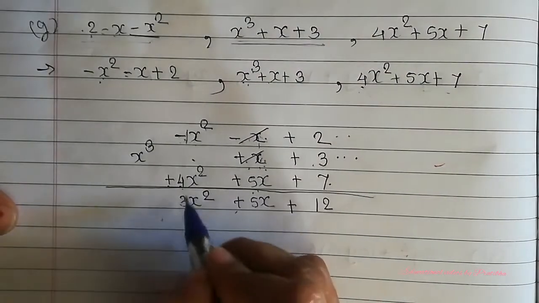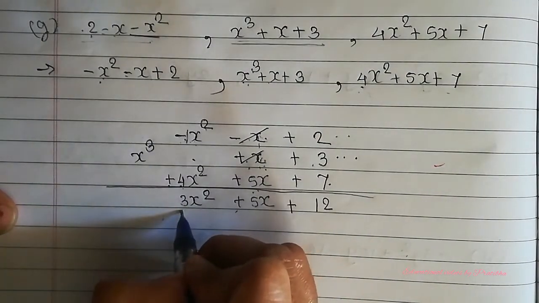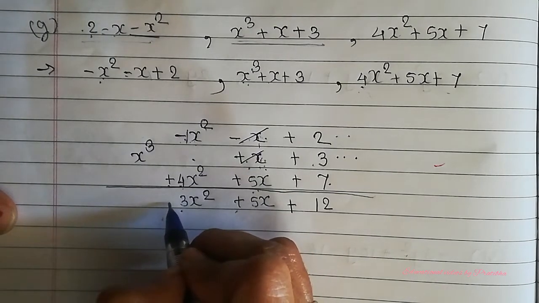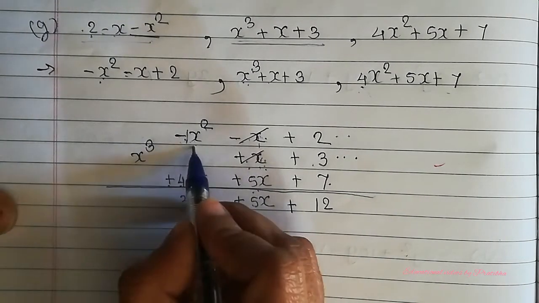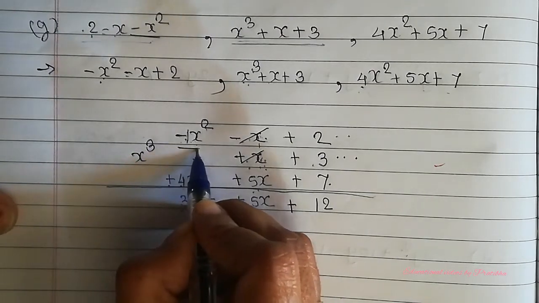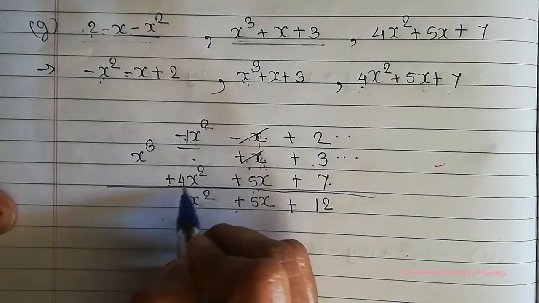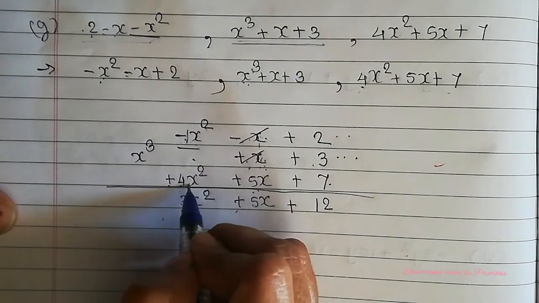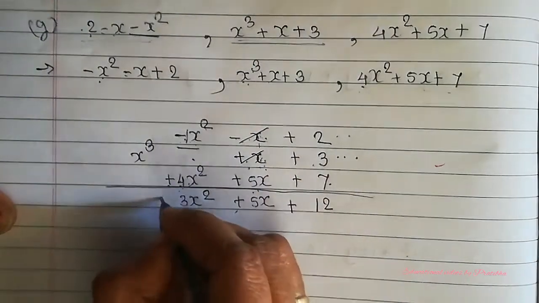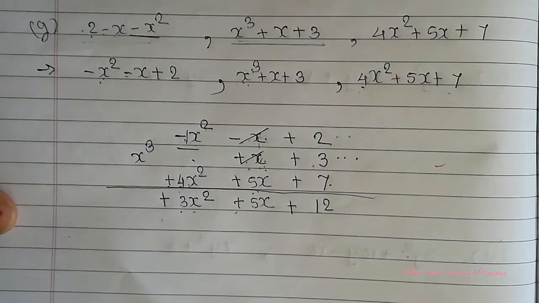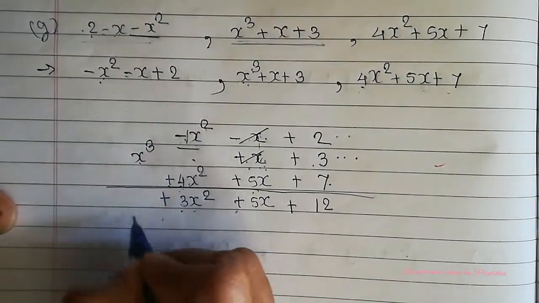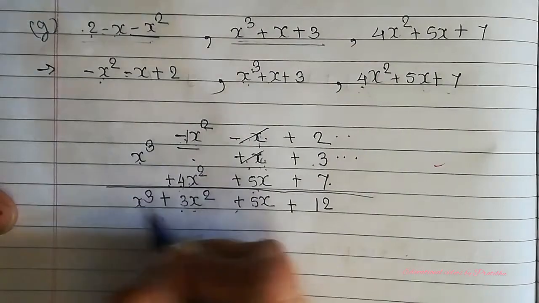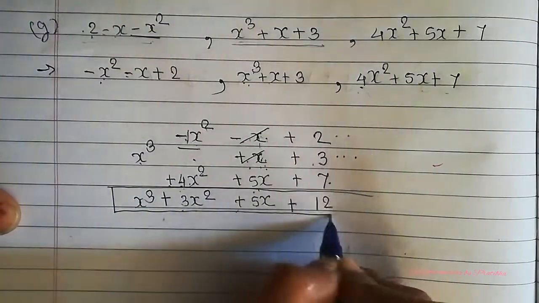Now after doing subtraction, what we have to do is observe the symbols. We have done subtraction, but that doesn't mean we have to give a minus sign in front of our answer. We have to look for the biggest term, x square, 4x square. The biggest term is 4x square. Now what sign is present in front of 4x square? Plus sign. So we will be giving a plus sign in front of 3x square, and x cube we will be writing as it is. So this is our answer.